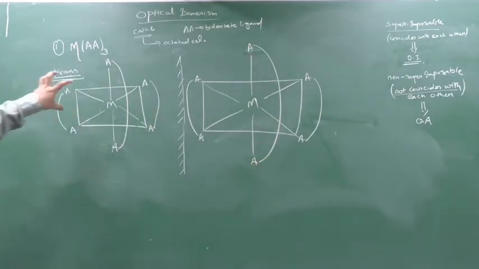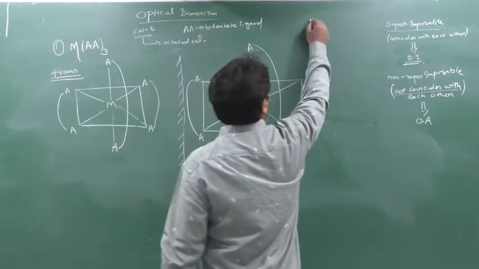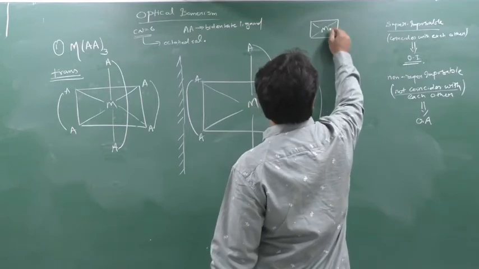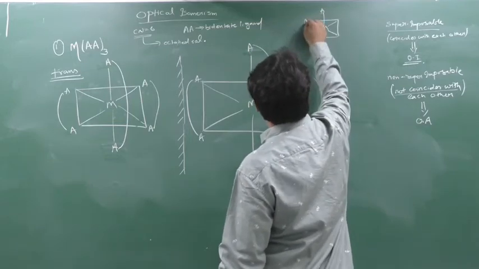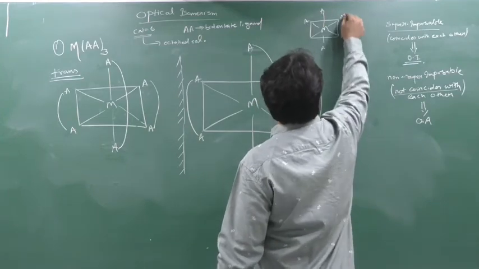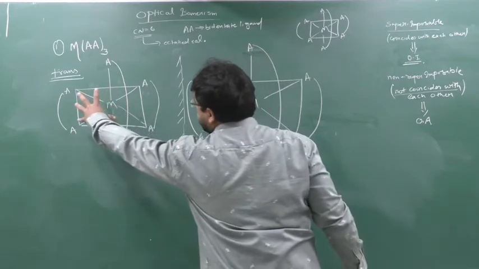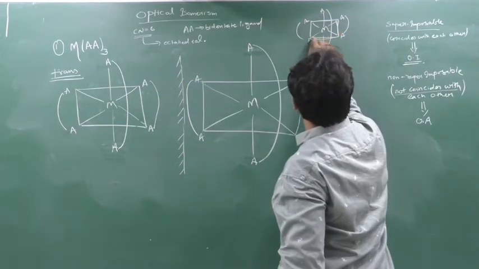Now take this object and put it on the image. See, they will get superimposed. See how? See, this was the image. Once only I will show, then the rest you have to imagine on your own, because I don't have time now. See, this is the image. Yes or no? Now take the object and place it here. When I place the object here, it will coincide.